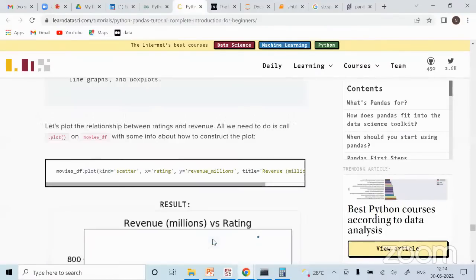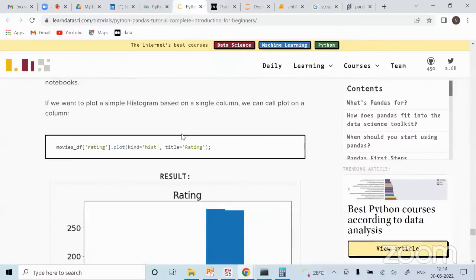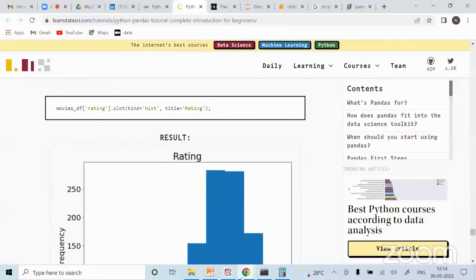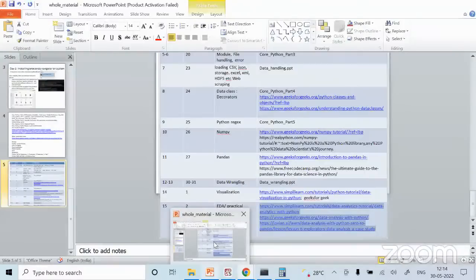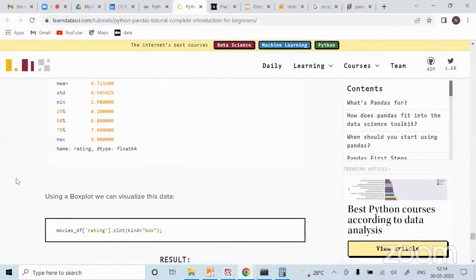Plotting also you can do, but I'm not taking you through it today because we already have a visualization session, I think tomorrow or the day after tomorrow. So we already have this session, and that's the reason I'm not covering it today. We will learn that at that time, but there is this simple plotting also that you can do.